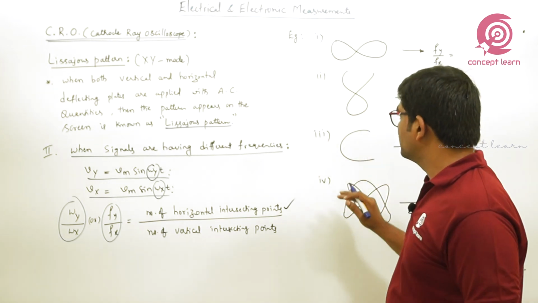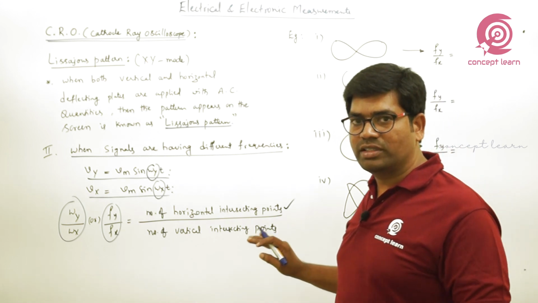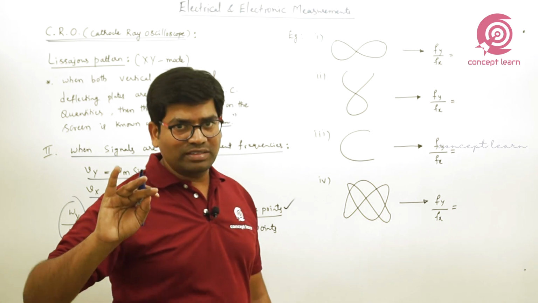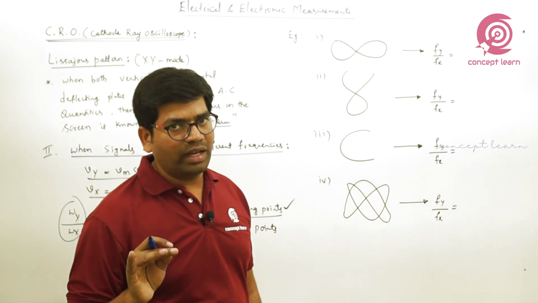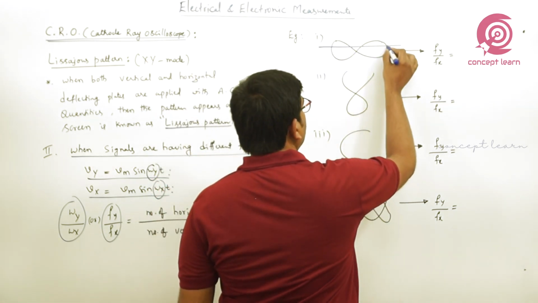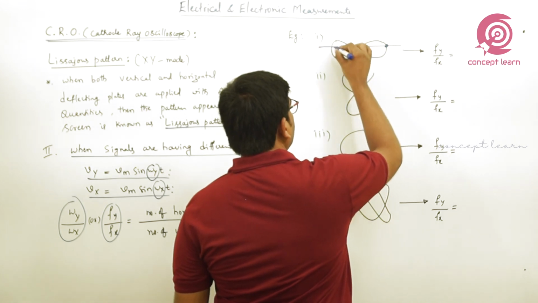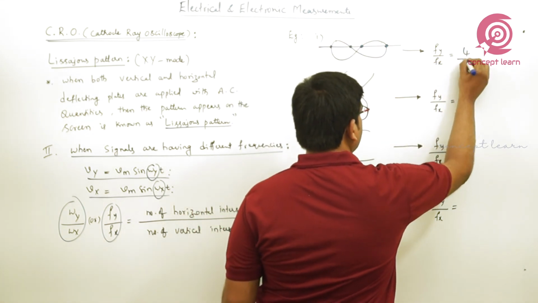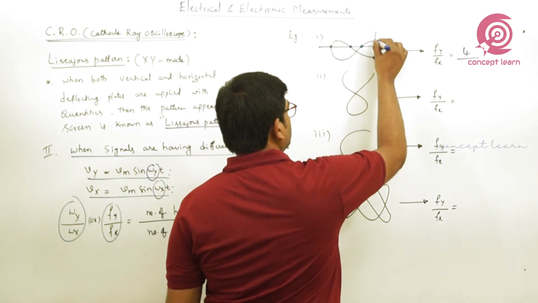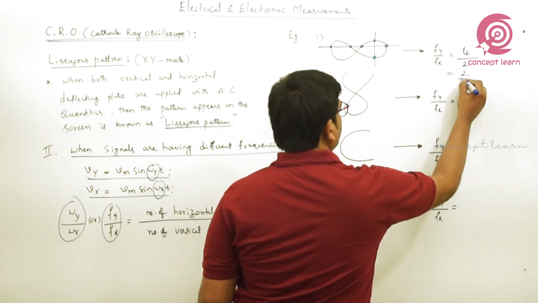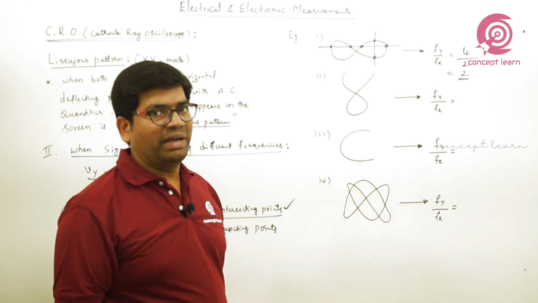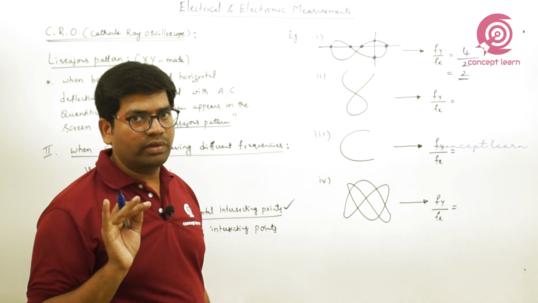We'll see some examples. Suppose the pattern is coming in this fashion, how do we get the ratio of frequencies? First, always the ratio is y to x, and after that, first draw a horizontal intersecting line like this and count 1, 2, 3, 4. So the number of horizontal intersecting points to, draw a vertical line, 1, 2. So 4 by 2, you can even make it into 2. And don't draw the line at joint places. Go for the maximum intersecting points to avoid a wrong answer.